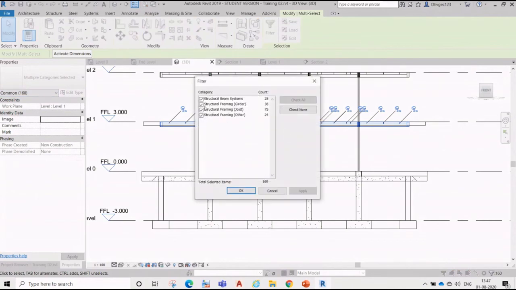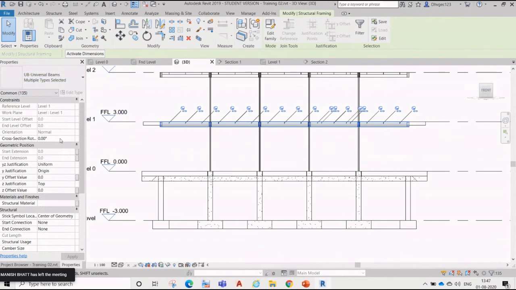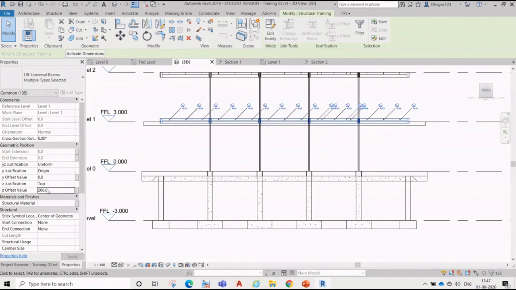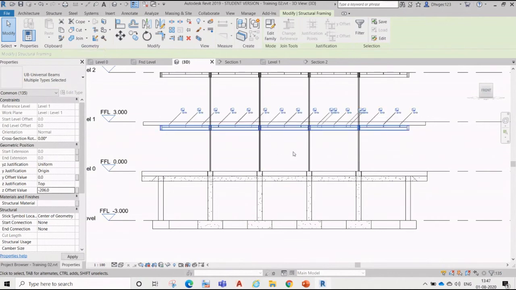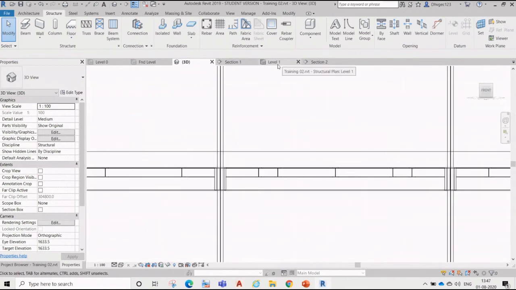Okay, first beams, right? So here you can define top offset, z direction 206, oh, minus 206, sorry. Okay, so now you can see everything goes down.